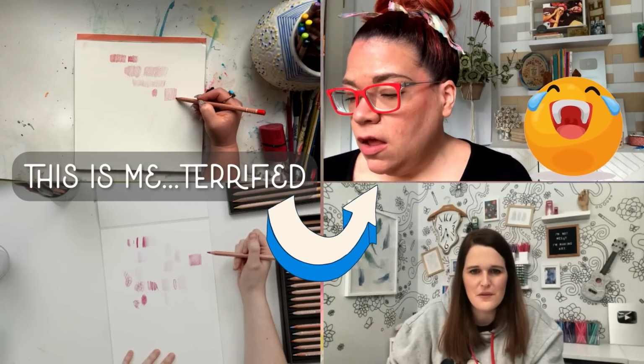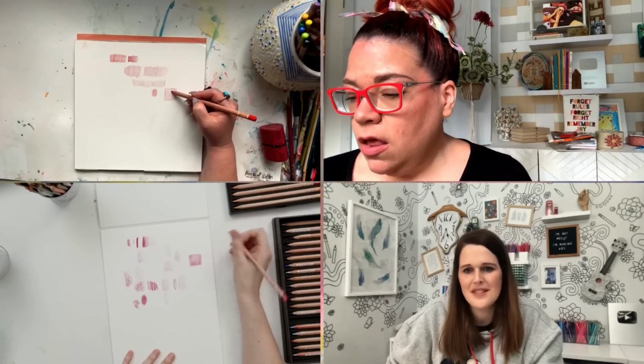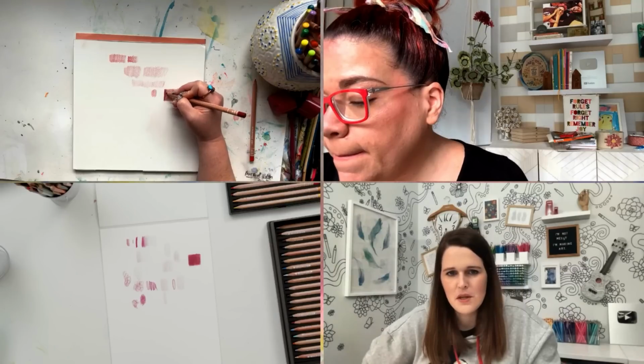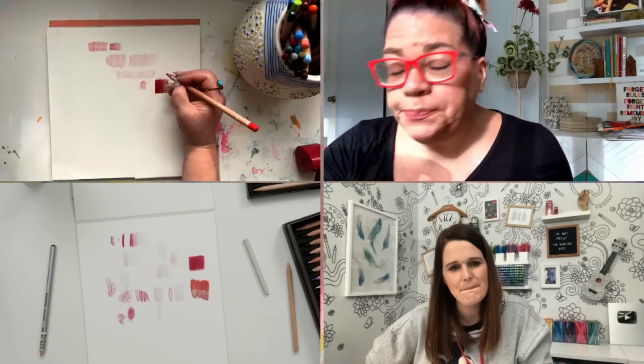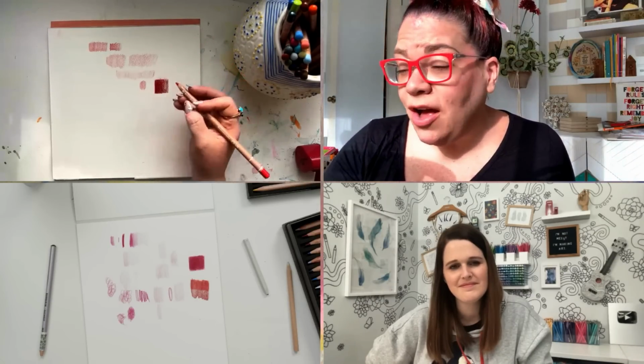Once you think you've filled that whole thing, come back and do a second layer, but press a little bit harder for your second layer. If you can still see paper underneath, what that means is that you can add more pencil and add more layers. I have a video where I'm messing around with these colored pencils with watercolor,